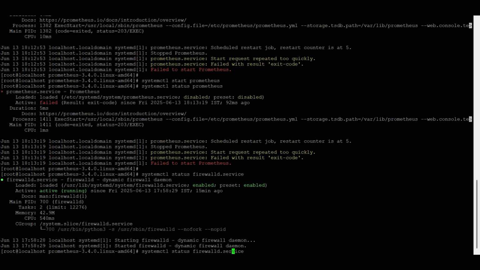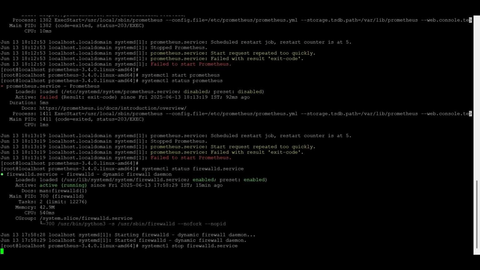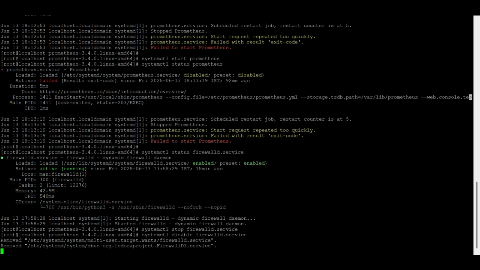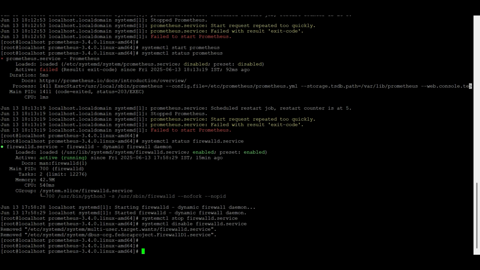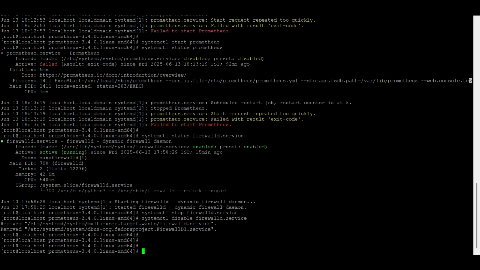So firewall is started. Let me stop this firewalld. Stop and disable. Why? Because we are not going to work with the firewall. Firewall is blocking. In your organization, the firewall will be taken care of by your networking team. By default, it will be in a disabled state only. Okay, we are not going to manage any firewall here. So I just disabled it, and let me check